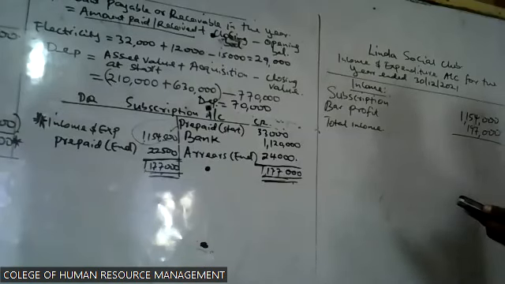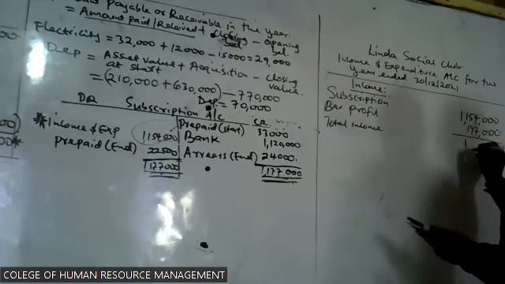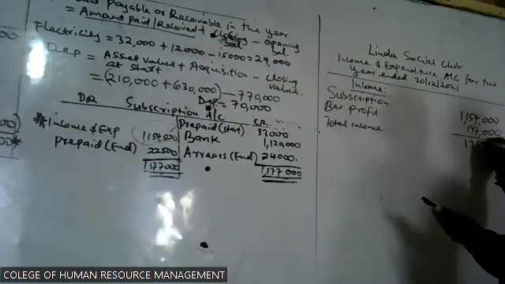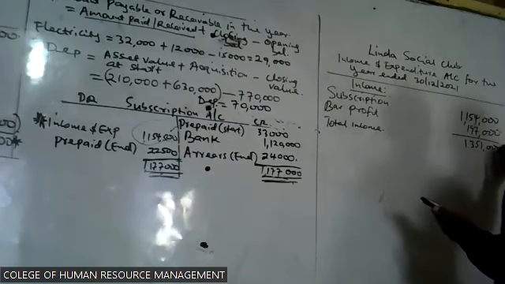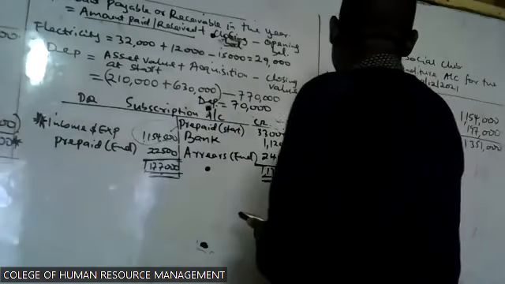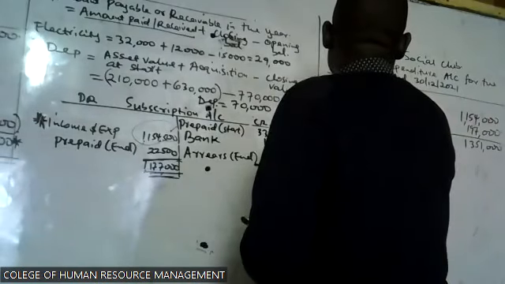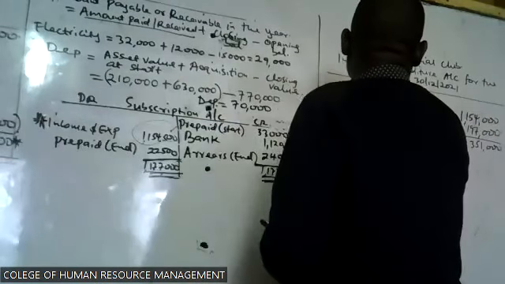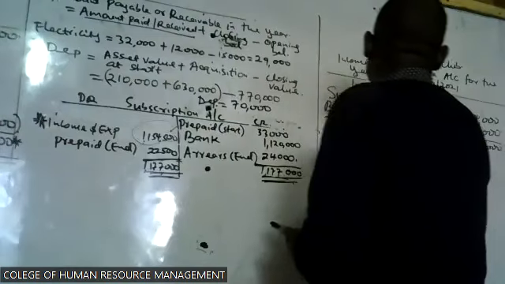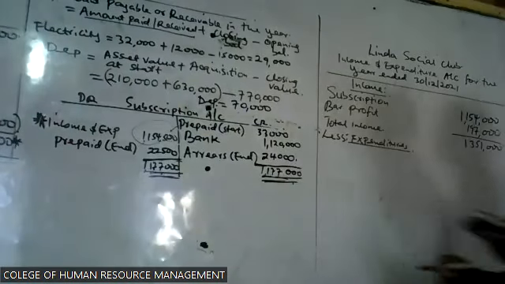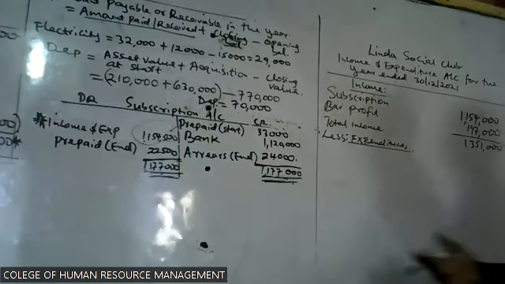So this one will be 1,154,000 plus 197,000, 1,351,000. That is the total income. Then you come here and you say less expenditure. The expenditures that we have in this business now,